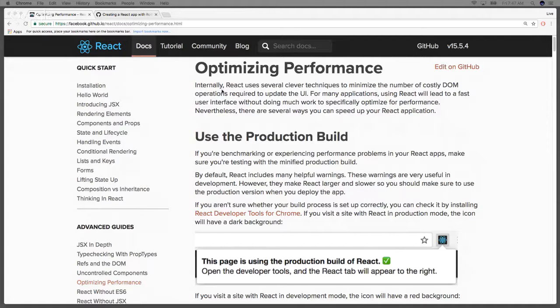They're saying internally, React uses a lot of clever techniques to minimize the number of costly DOM operations to update the UI. For many applications, using React will lead to a fast user interface without doing much work to specifically optimize for performance. So it looks like for most applications, we don't have to